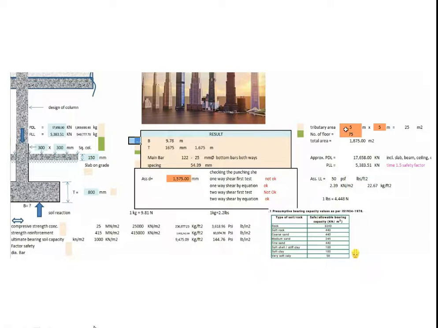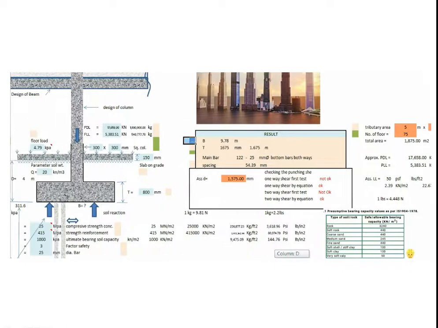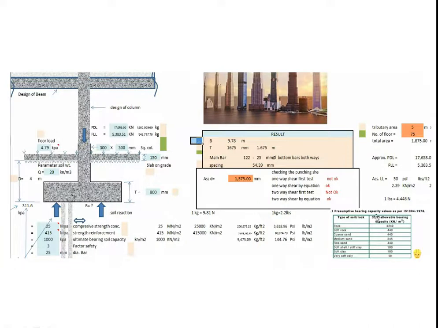If we try 75 floors with load tributary of 5 meter by 5 meter, with assumed design parameters, the size of square footing will be 9.78 meters and depth is 1.675 meter. Check one-way shear is OK and check two-way shear is OK. Main bars is 122 number of 25 mm diameter bottom bars both ways with the spacing of 54.39 mm. If any are not sufficient to resist the imposed loads, we will check the formulas and RC codes, although